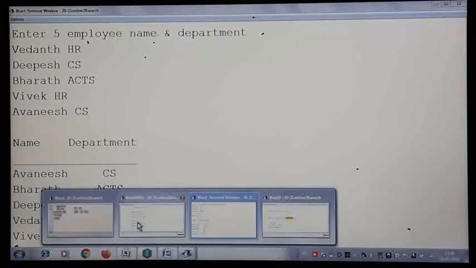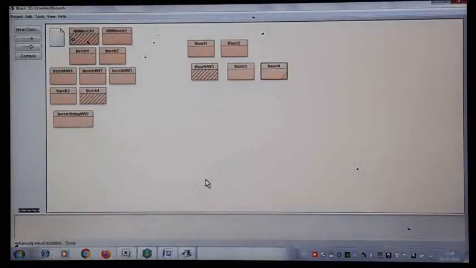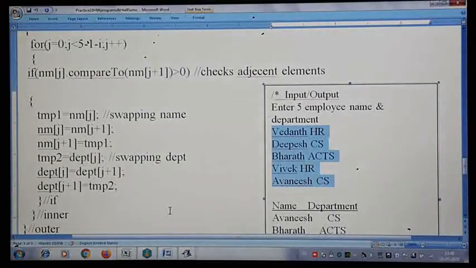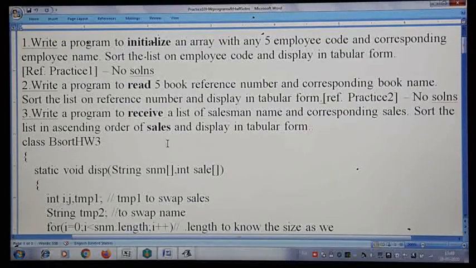So that was the second program. Two programs we have discussed today, on how exactly string type sorting is done in a bubble sort. Along with this, I am giving you one PDF file with this video. In the beginning of that PDF file, last class there were 3 homework questions, and the solutions are given for those. First program is similar to the one we practiced, one question, no solution, so you only have to write. I told you in the last video also. Second one also. Third one I told you to try so that you can verify.